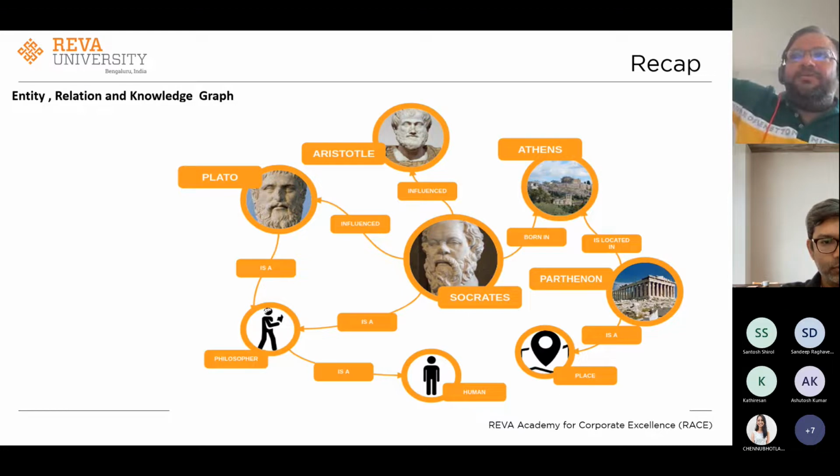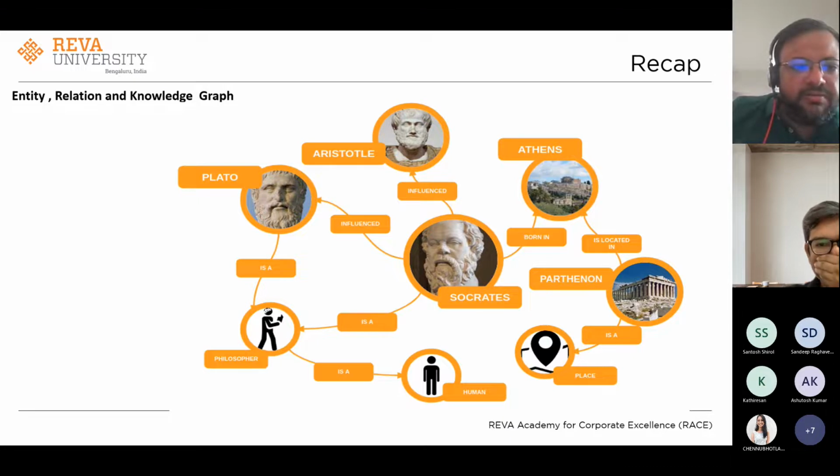You will check for the other nodes. You will get 15 nodes, and you will say, out of these 15 nodes, who has this Athens connection, right? And that's your answer. From the question, you identify the node called philosopher, which is this node here. Let me highlight. This is not a good highlighter.